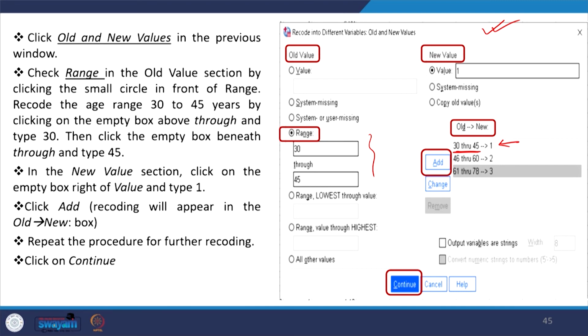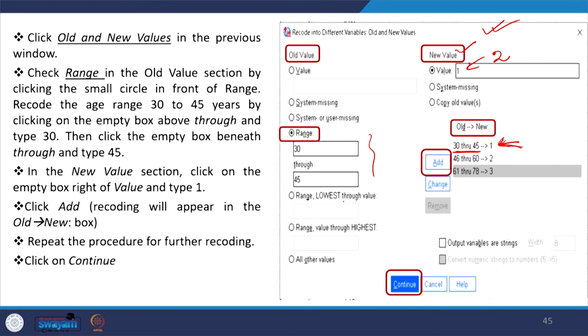So, in that case, what we are defining, we are taking the option called range. We have defined this and given a value 1. Once you enter the new value, if it is 1, then once you add it, it will be added here in this box. Then again, if I change 46 through 60, we will change it to 2 here, write down 2 here, then add it, it will actually change it, and similarly for 3 as well. Similarly, we can also define lowest and highest values and find out which one is the best.